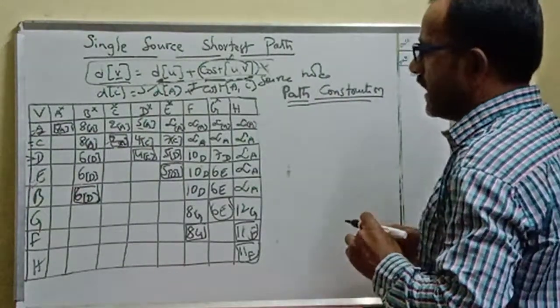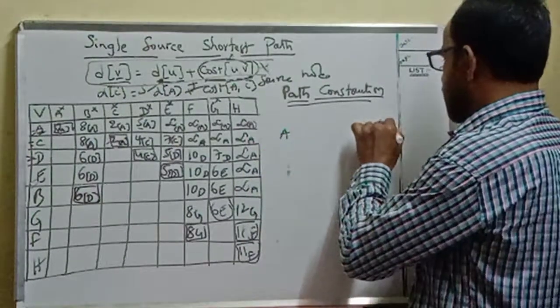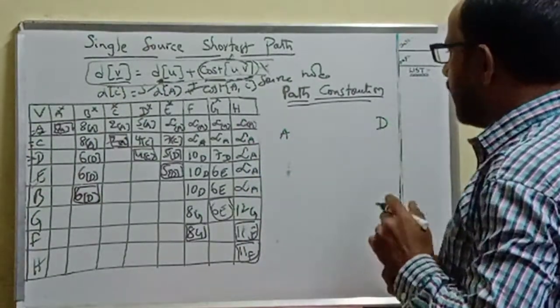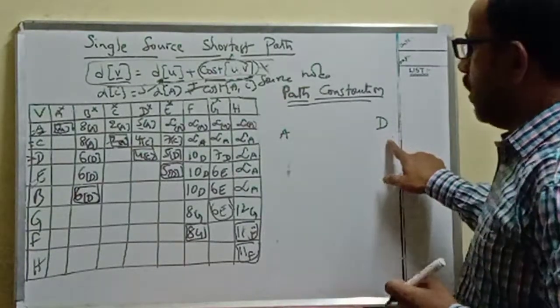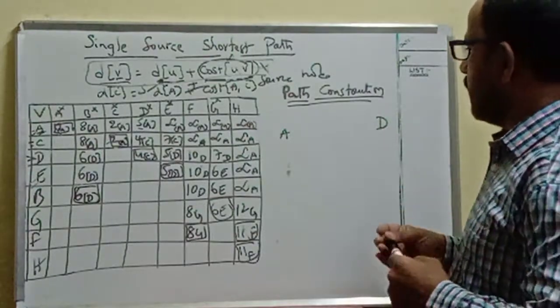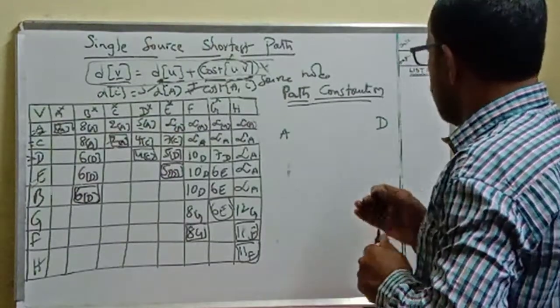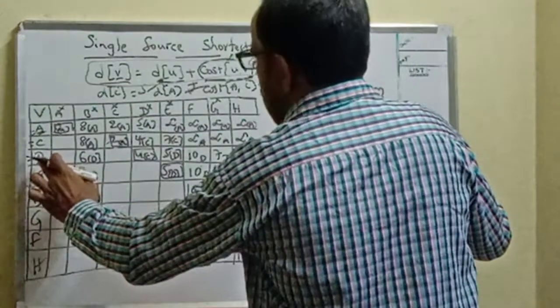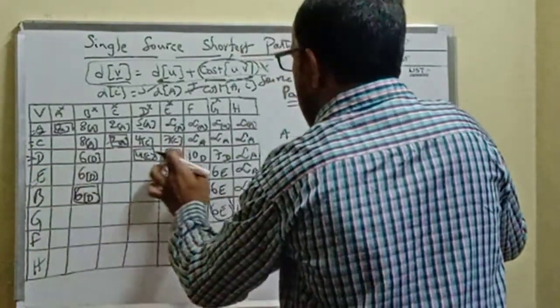Suppose you want to construct a path between A and D. Now the source node is fixed as A and the destination is D. In between A and D, I am going to construct a path. Then very simple, go to the row which is represented with D. If you want to construct a shortest path between the source node and any selected node, just go to the row which is represented with that node number. Then D is the node represented. Now go through the entire row.